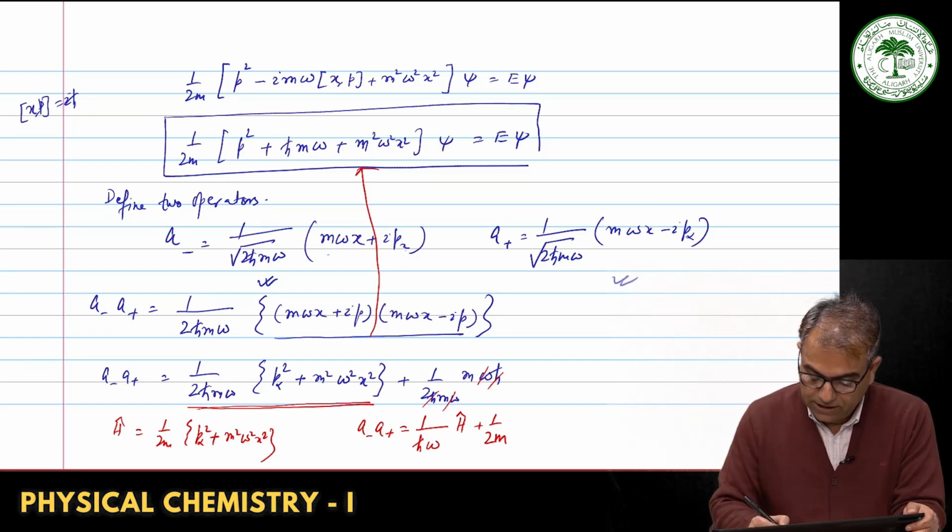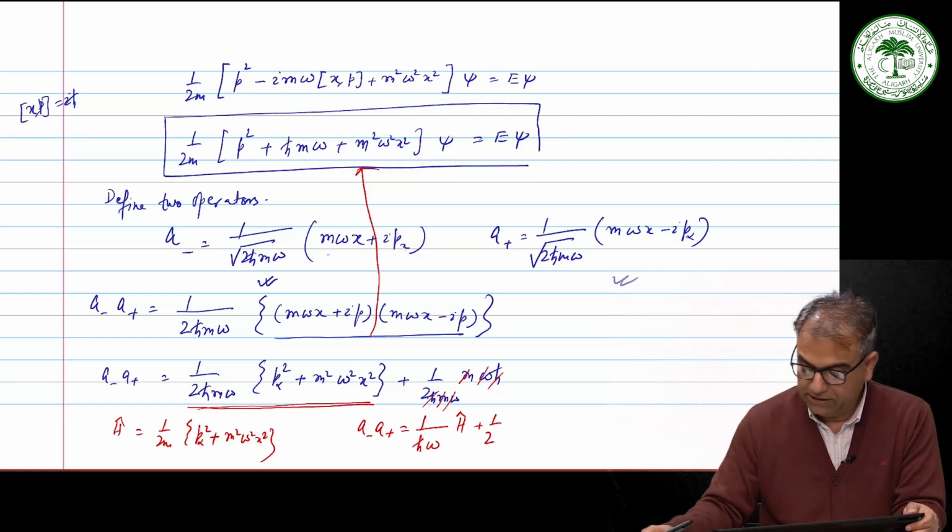Okay. So, m also goes. It is 1 by 2. Okay. So, A minus A plus is now